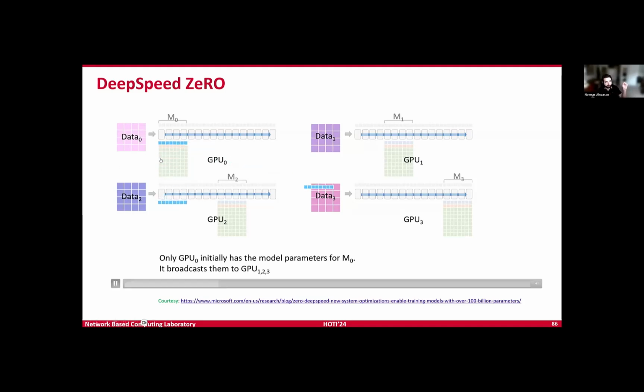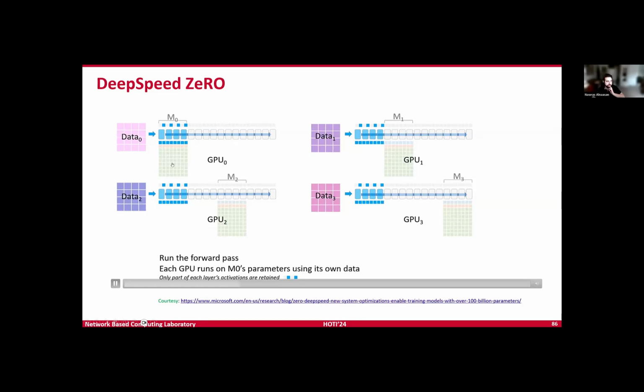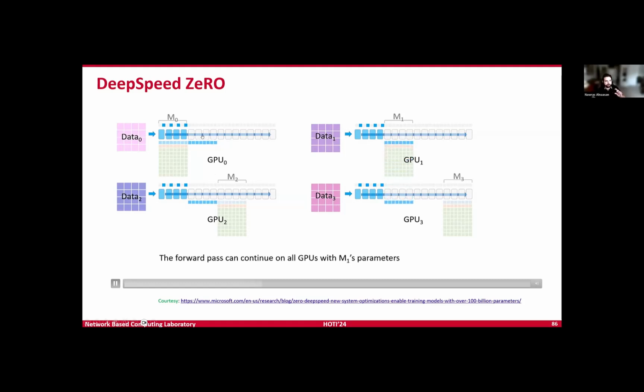If we're doing the forward pass on the very first segment of the model that GPU 0 is responsible for, it's going to broadcast that segment to all of the GPUs. So it's going to send a copy to all of the other GPUs. We have GPU 0 sending 3 copies to the other GPUs. Then we're going to do the forward pass. And then since only GPU 0 is responsible for this copy, we're going to delete this copy from all of the other GPUs. Now, GPU 1 is responsible for the next segment, so we're going to send that segment to all of the GPUs.